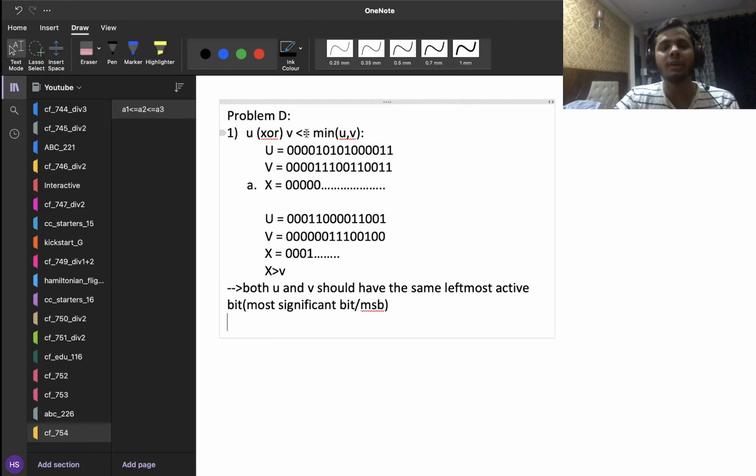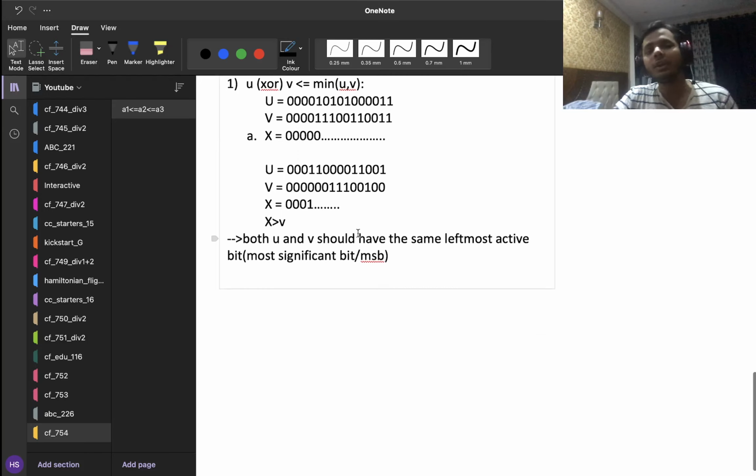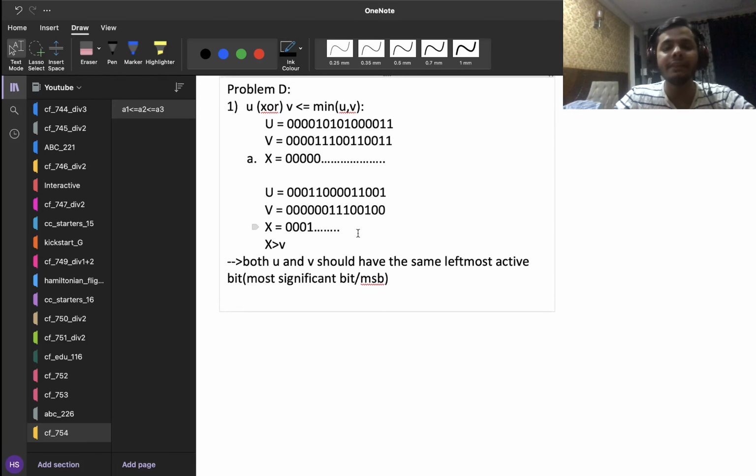We have actually broken down the condition of u or v to be less than or equal to the minimum of u, v. Now we know that we can move from any u to any v if both u and v have the same leftmost active bit, or the same MSB. Great. Now my final goal is to